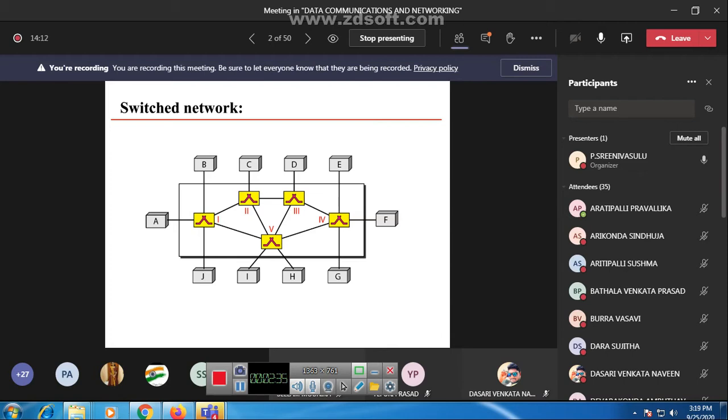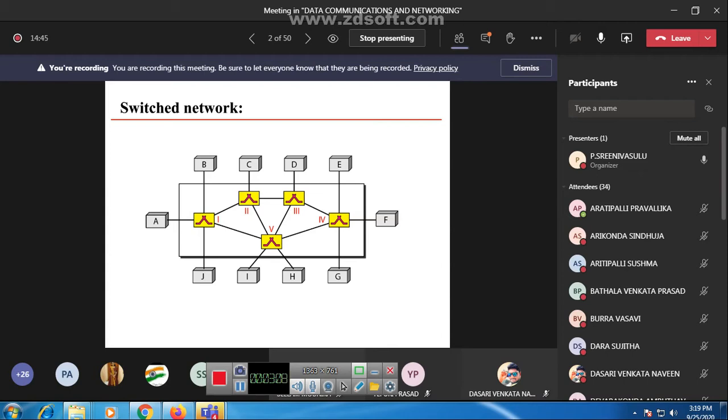For those communication elements we use communication devices, which are switches or routers. So we can use a switch or a router as a communication element to send information from one device to another device. In this unit we have to learn the switch.